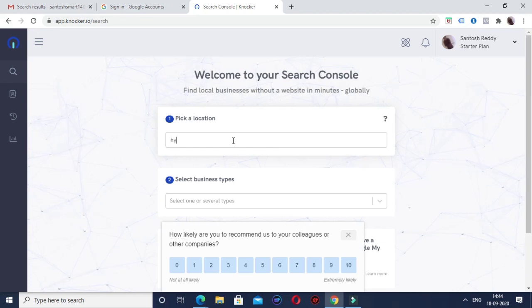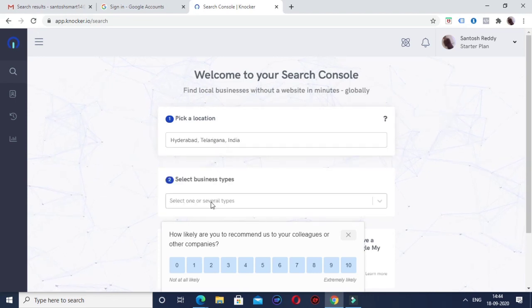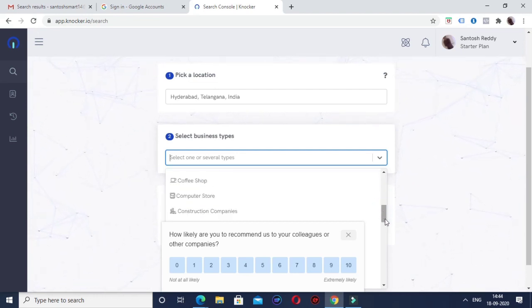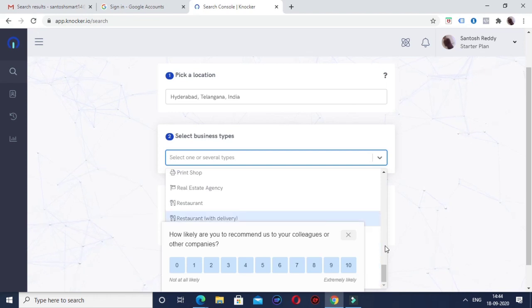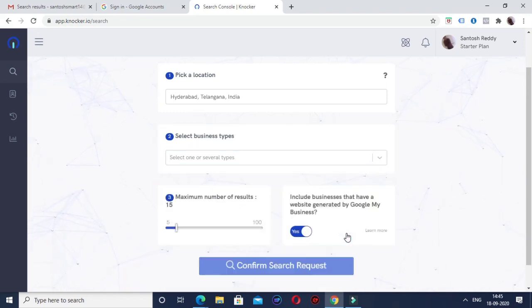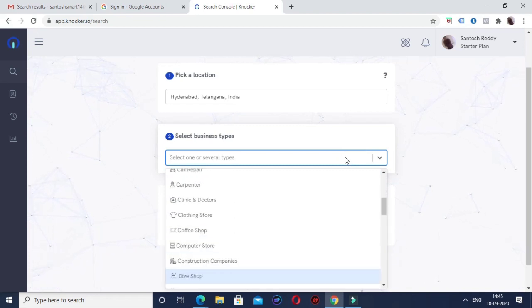I'll search for the location where I want the business information. Now I'll select the business types. There are many categories which you can see here, and you can select any category for which you want the business information.